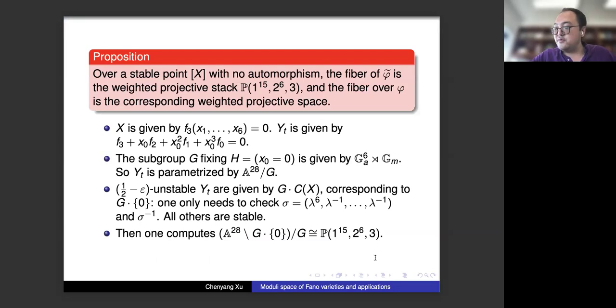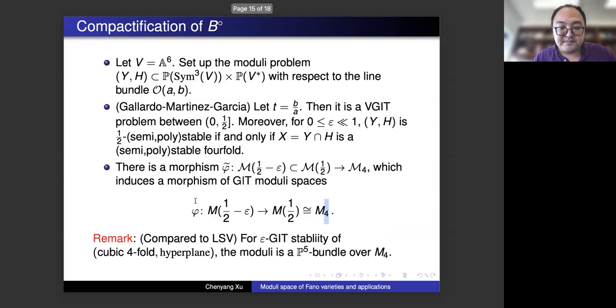So now we want to compute this, and we can basically compute that over a stable point X, which is a cubic fourfold, and we even assume there is no automorphism. I mean, this is not so important, but we can assume that. So for this general cubic fourfold without any automorphism, the fiber of this morphism